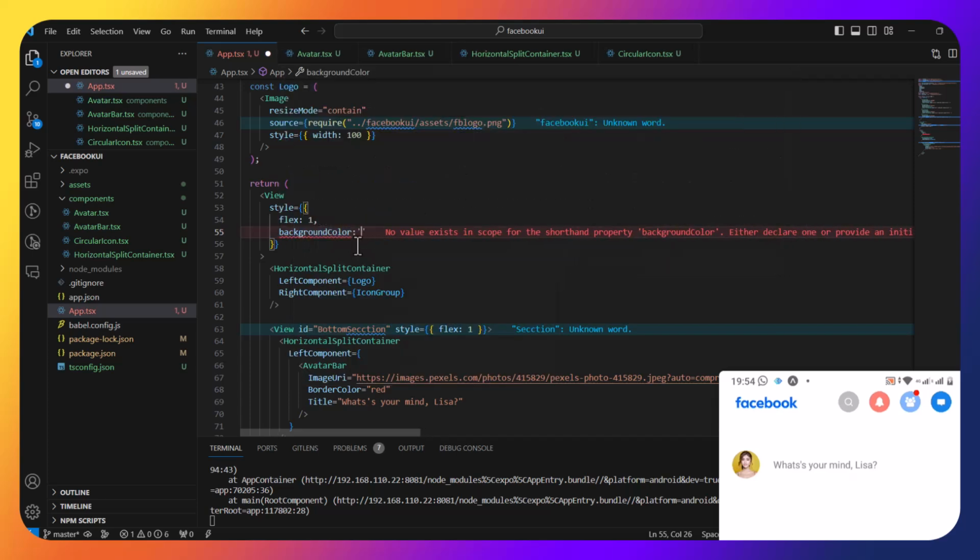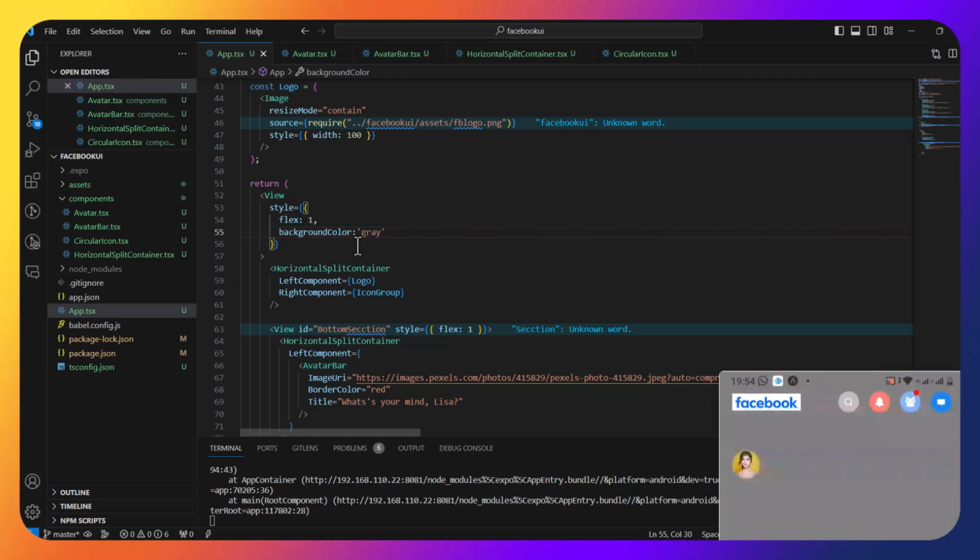Okay, let me work on its background color. Let's put gray. Let's see where it ends. Okay, the background color of this, it's more like an overall parent container. That's not much of a problem. Okay, to be safe, you know, with